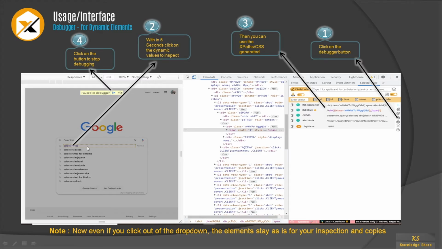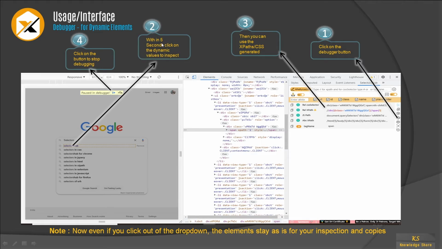So in order to make this drop down list element appear like that, you can use this debugger button. First thing what you do, click on this debugger button, then you can choose XPath. Sorry, the second step is within 5 seconds click on the dynamic values to inspect.